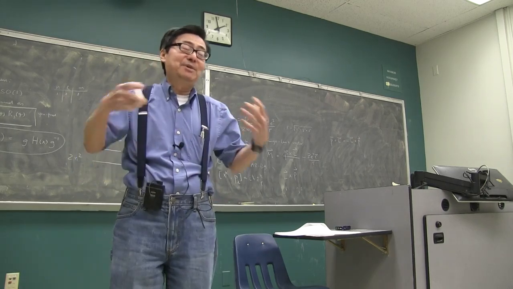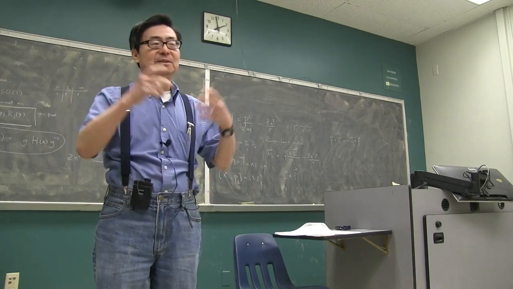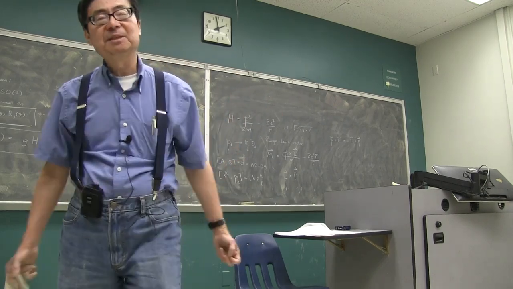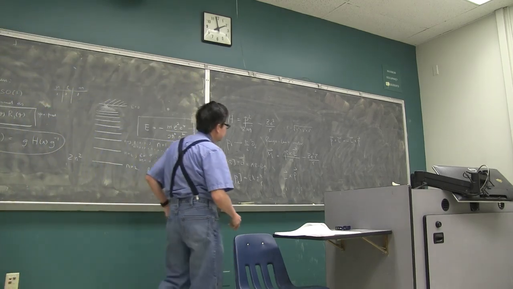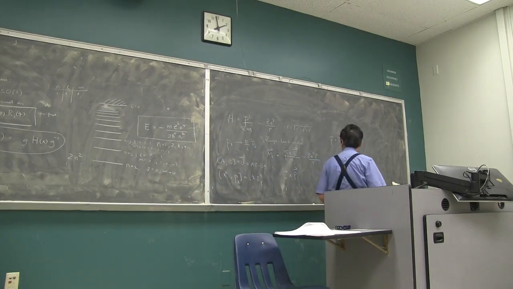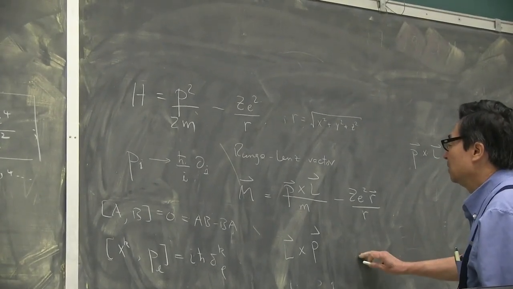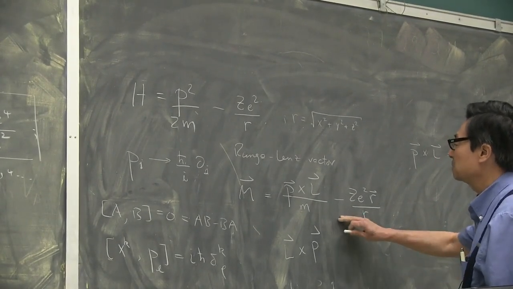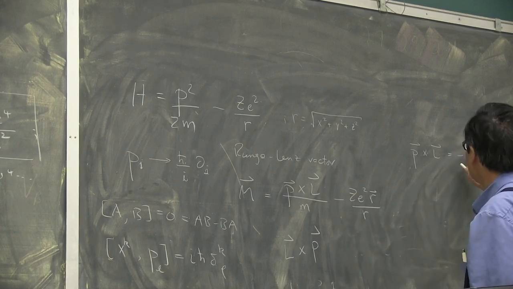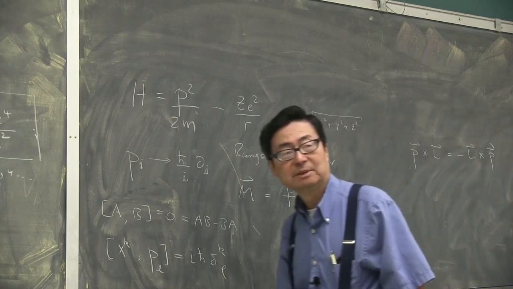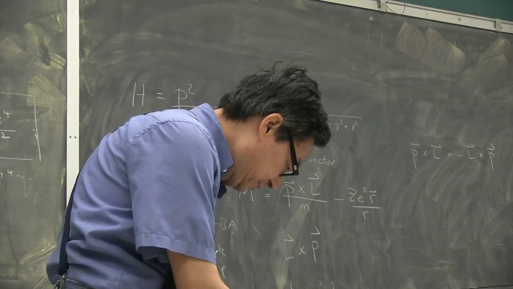Okay, now this is one possible way of quantizing the problem. Whether it's correct or not, you don't know until you've calculated all the results and compared with the experiment to see if it works or not. Okay, but the point is that historically this has been done by Pauli, and he found that it works, and so therefore, instead of writing it like this, I'm going to anti-symmetrize this expression by adding a term which is minus L cross P to it also, and then dividing the whole thing by half, okay? Like that. So quantum mechanically,